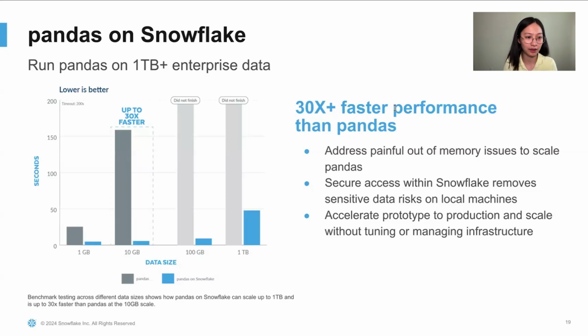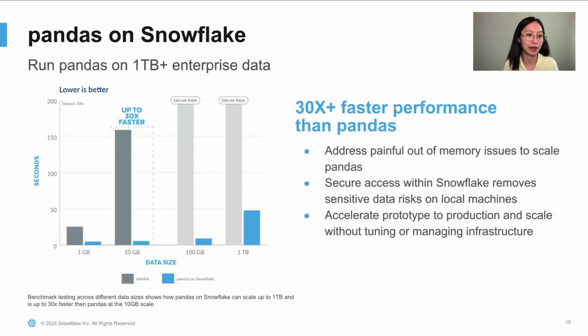And in fact, if you look at the fourth bar on the very right, you'll see that it only takes less than 50 seconds to run on a terabyte of data. In comparison, if you look at the gray bar, which is the performance of vanilla pandas, or regular pandas, which is single-threaded and in memory, you'll see that pandas runs fine when you're at the 1 GB to 10 GB range. It's a little bit slower